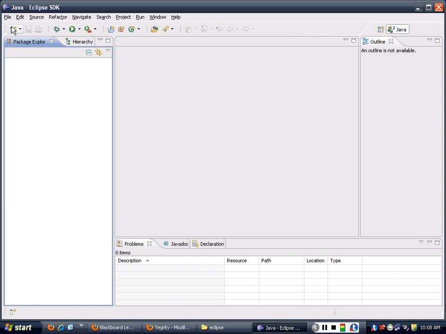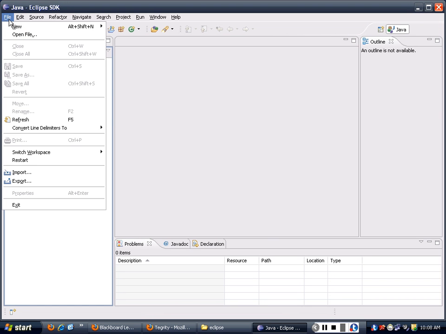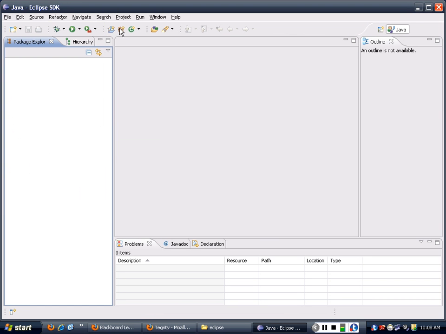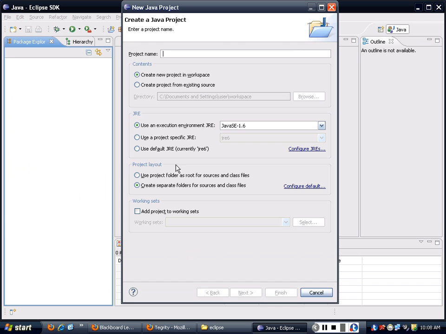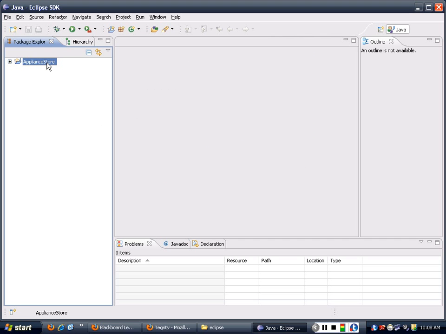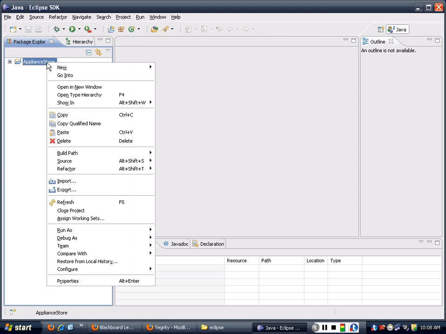Okay, and let's start it with a project. Okay, I'll call this project Appliance Store. And then I'm ready, I need to do the analysis and figure out what type of classes I will need to have, okay? And if you look at this paper, there's one thing that you need to have, that's inventory,